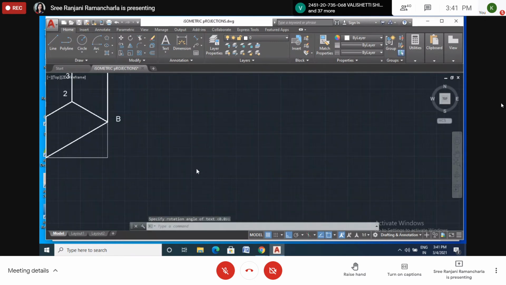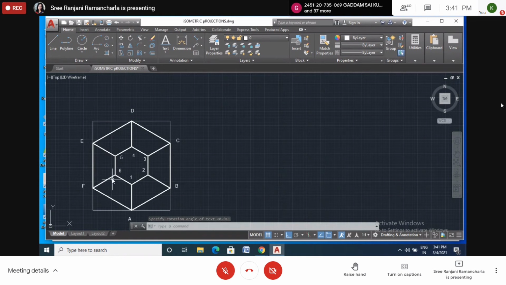Now we constructed the box around this hexagon, and we have to construct the box around this hexagon also.